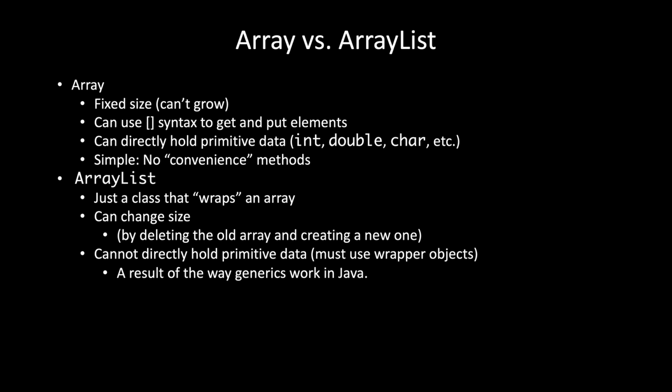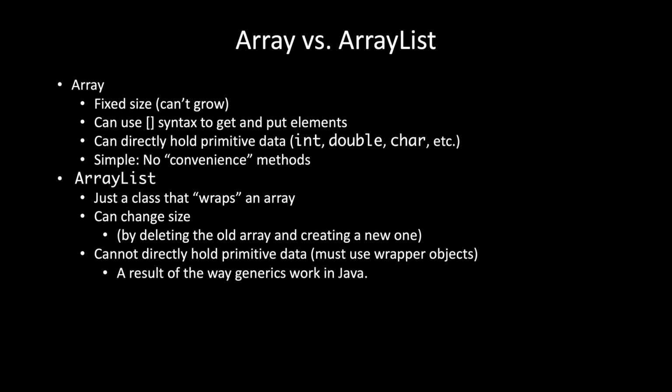Array lists cannot directly hold primitive data. You have to use those wrapper objects. So if you want an array list of integers, you have to use the Integer class with the capital I, and that's not anything to do with the concept of an array list itself. That has to do with the way that generics work in Java. Because ArrayList is a generic class, it can't hold primitive data. You could, in theory, write an integer array list class that only worked for integers. But that would involve a lot of cut and paste type of code, so the designers of Java use the